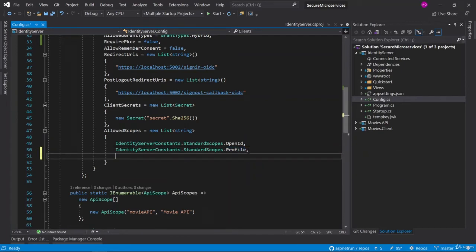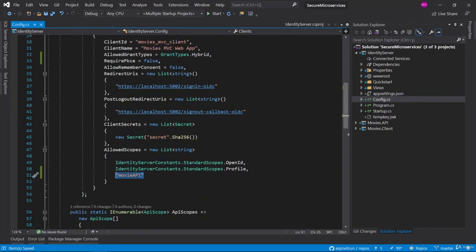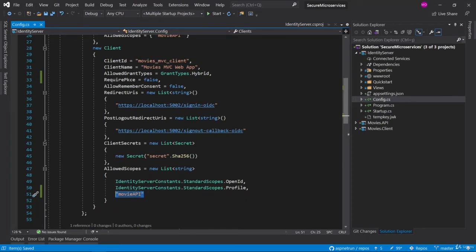After the OpenID and profile information, we would like to request the movie API scope. This is one of the important keywords. We should add these allowed scopes, because this way, once we log in to the system with OpenID Connect, it is automatically allowed to access the movies API with the existing token and with the hybrid flow. This is a very good feature when we are using OpenID Connect.